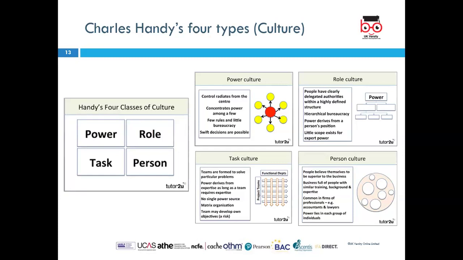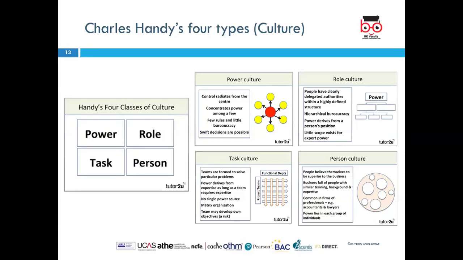Again, the third one is the task culture, in which there are different tasks given to different departments. There's a project running, for instance, a quality improvement project. Different people have been given different tasks in that project, regardless of what their role is, what their hierarchy is. In this way, people are more focused on solving particular problems because of the different tasks that have been given. But the main ultimate goal is the project improvement, for instance, the quality improvement that we're focusing on.